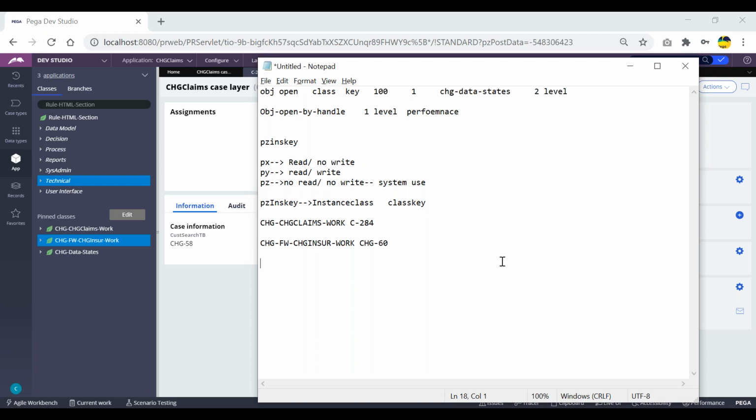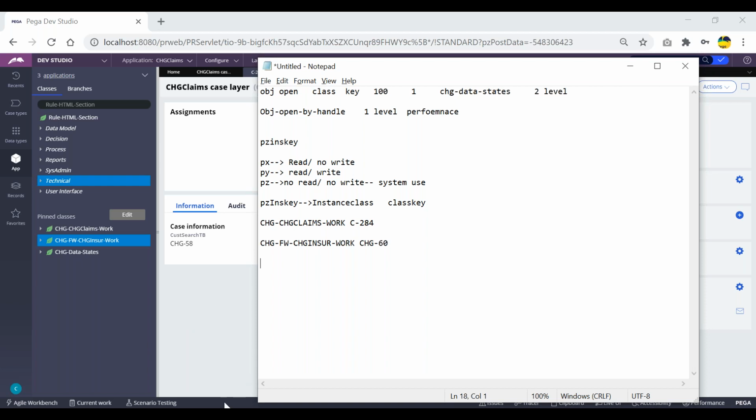Okay, Chandra, I have one doubt. Each and every class has a single instance whenever we are running our work object. At that time each and every record will be created with the primary ID, right? If we are creating a work object ID, it should create one new record in the database table, correct? No?